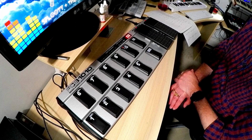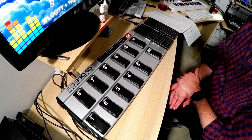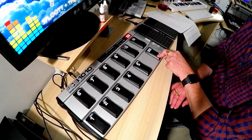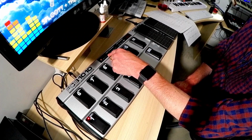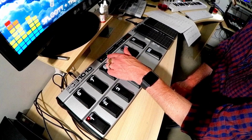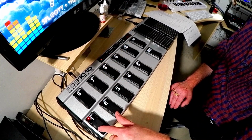Last but not least, we want preset 10 to control the ARP switch, turning the arpeggiator on and off. So we choose preset 10, we hold the down button until the little green light comes on. Now here, before pressing enter and moving into program mode, we want to press switch number 1, which turns on